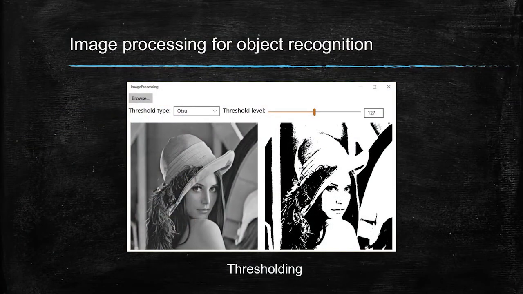And when you work with custom image processing, which aims at detecting some objects, the first thing you typically do is thresholding, image thresholding, in which you convert an 8-bit or deeper image to a binary image, which contains just two values, 0 or 255, or 0 and 1, depending on your detailed image representation.